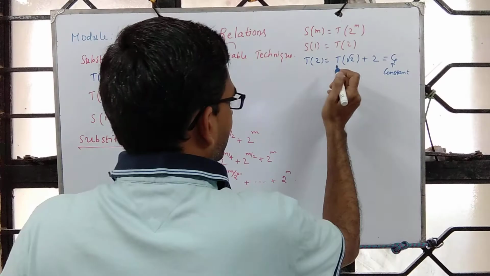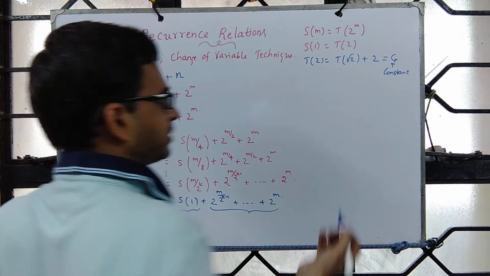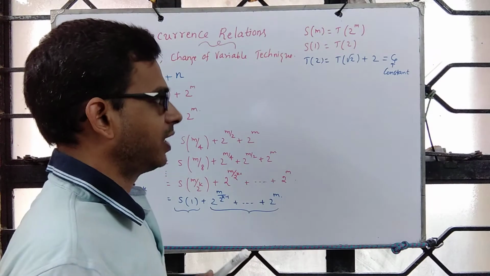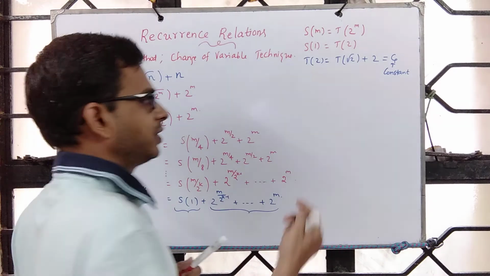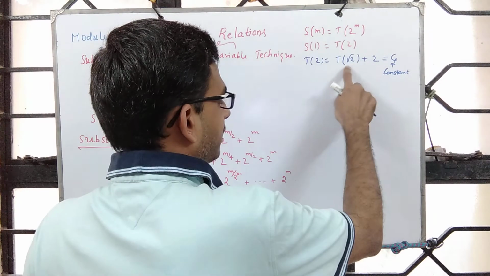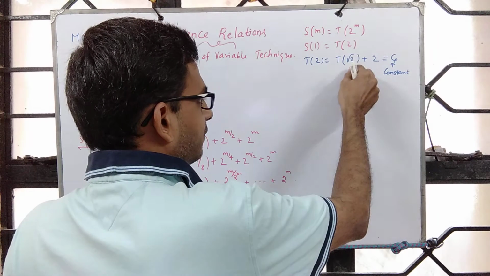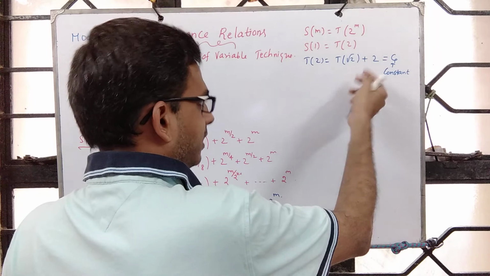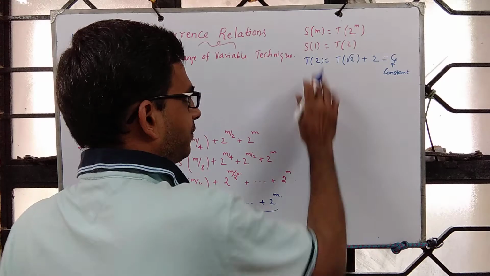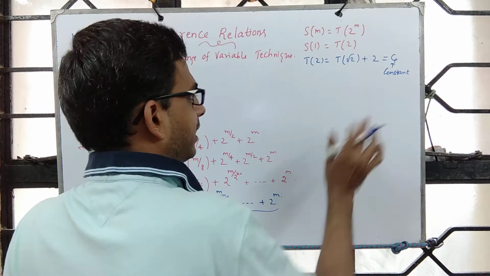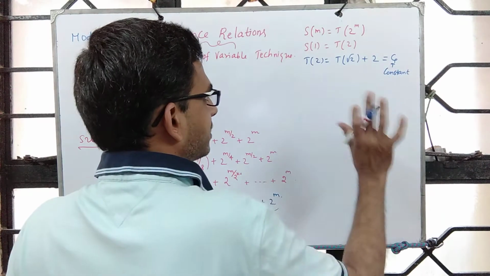Please note, it is all input size. N represents some input size, meaning size of the array or the number of bits to represent an integer and so on. So we take some approximation, so we may not work with this fraction. We may take for square root of 2, we may either take the floor, which is t of 1, and appropriately we calculate the value of t of 2. But the message is, it is some value. It could be 2, it could be 3, it could be 4, but it is some constant.